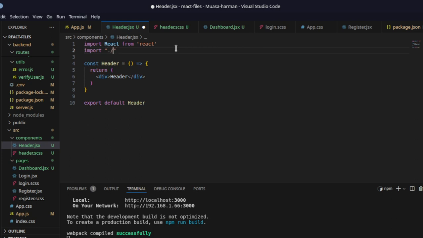We will import header.scss. So this is our style sheet that we're going to be styling with, so we need to import it in our header. Remember, this header is going to be a component on its own. So the header, we're going to import it on our